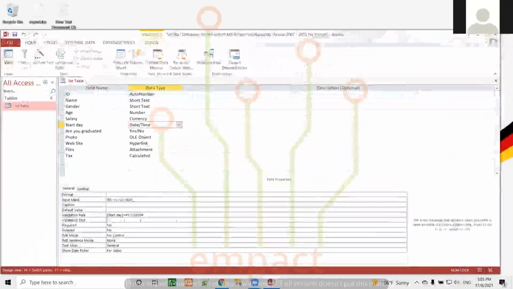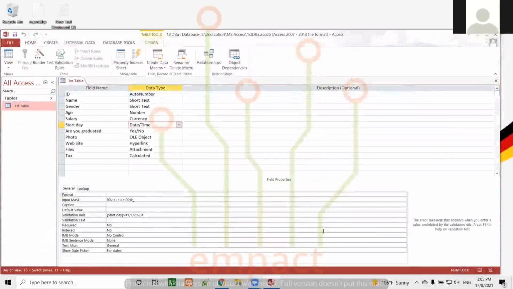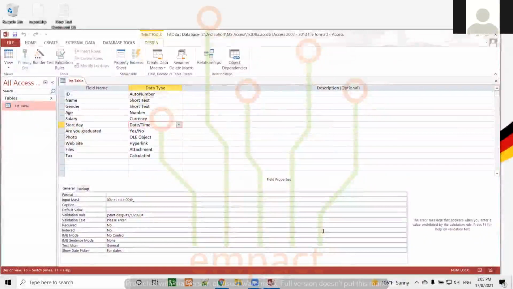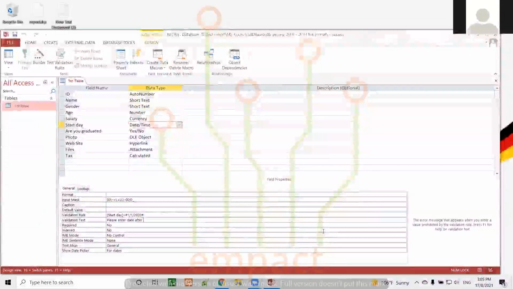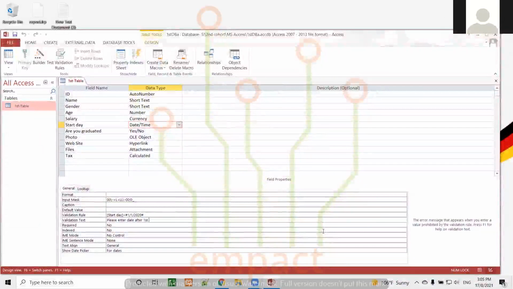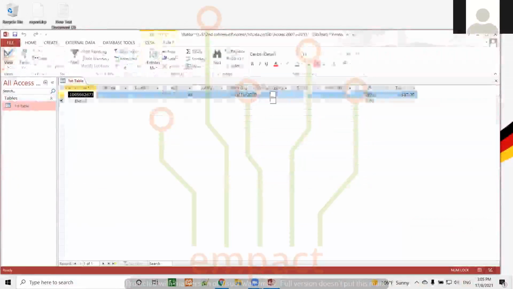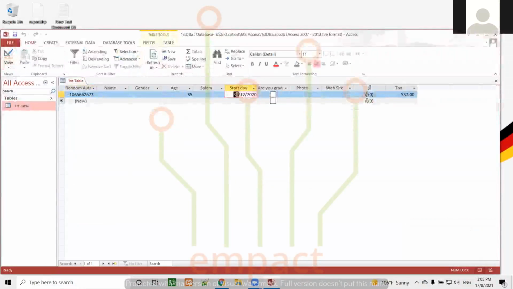So now what we can do, we can add here, please enter date after 1st January 2020. Control S. Now, if we are going back here, and if you want to make a change here,